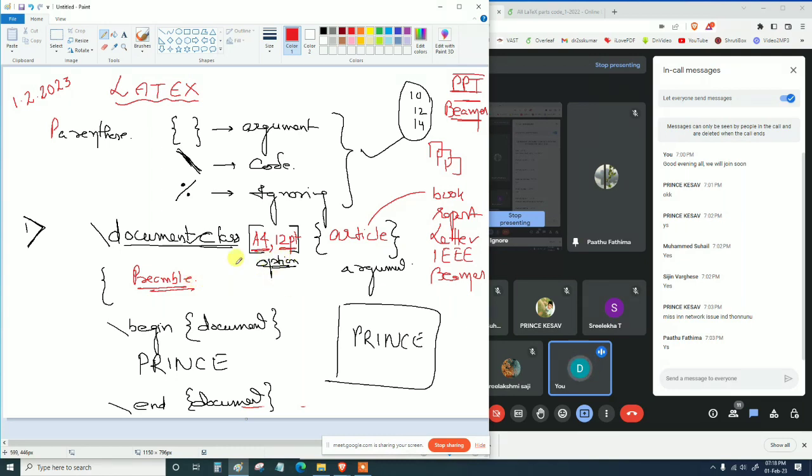For example, you want a color. Then we have to type in this particular section, for the color purpose, \usepackage{color}. So this is known as use package. Package means